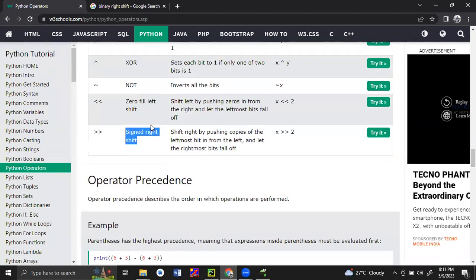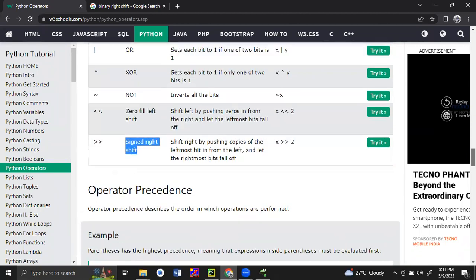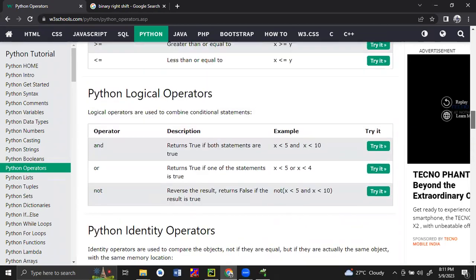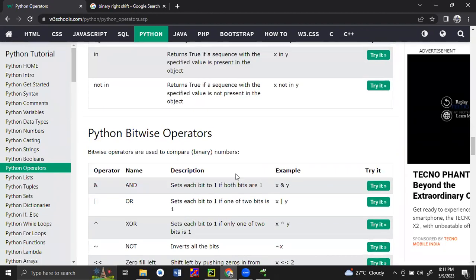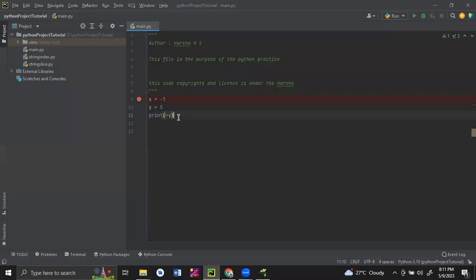Okay, anybody have any doubts in this operators? Any of the operators in this concept? No, sir. Okay. So